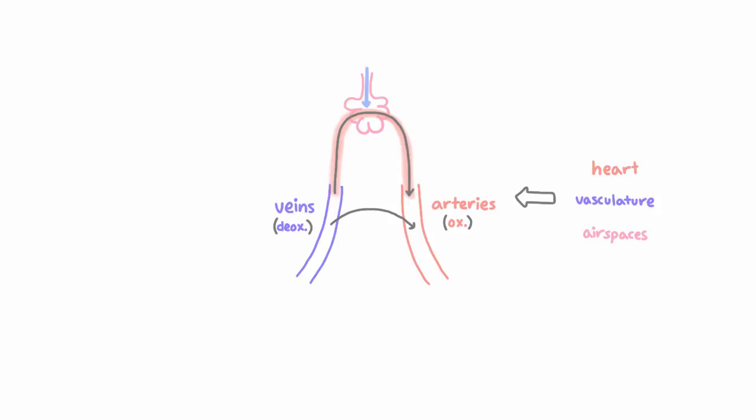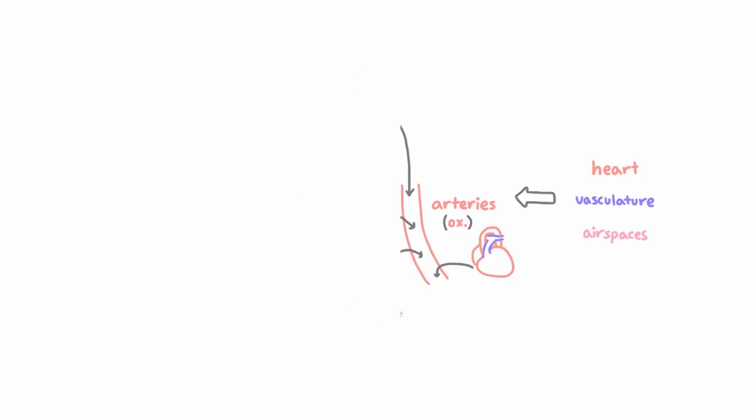Now, a small amount of right-to-left shunt, which we call physiologic shunt, is normal. And it results from certain vessels that supply the bronchi and the ventricular myocardium that drain their deoxygenated blood into vessels carrying oxygenated blood. So a little bit of shunt is normal, but right-to-left shunt can be increased in a